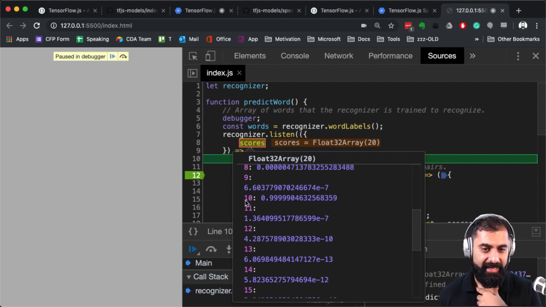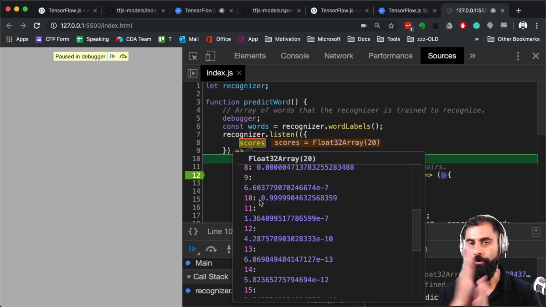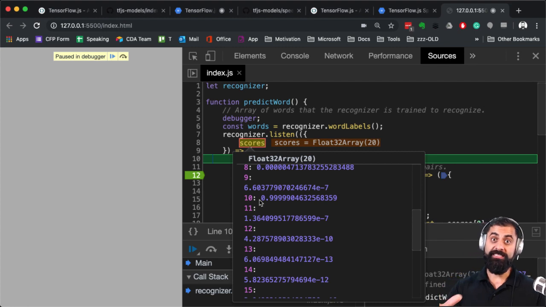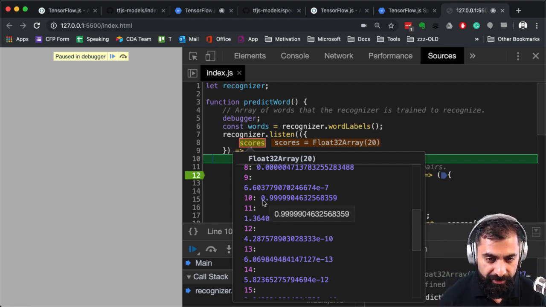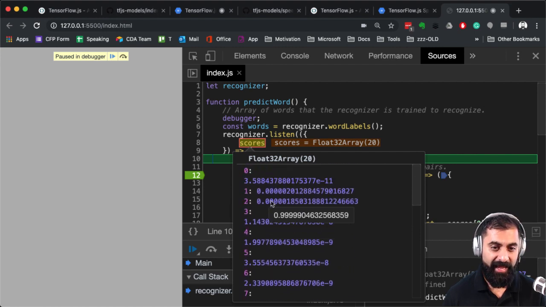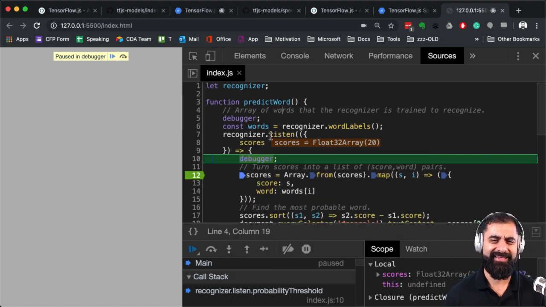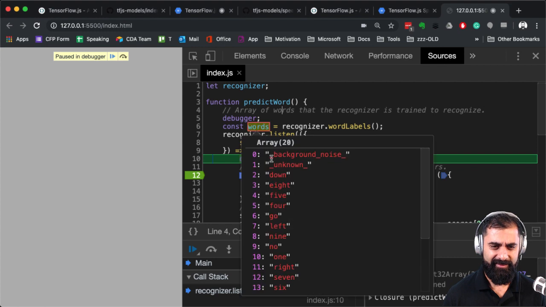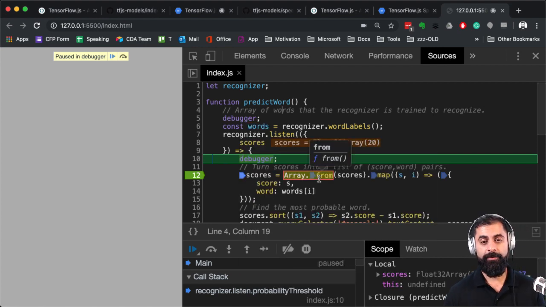The probability is always from 0 to 1. So 10 is almost 1, you can see it's 0.99999. So it thinks it's 10. I actually can't remember what 10 was. What did I say? I must have said 1.